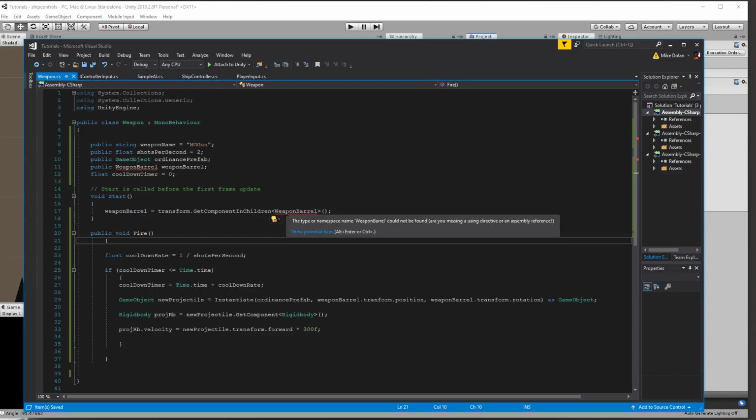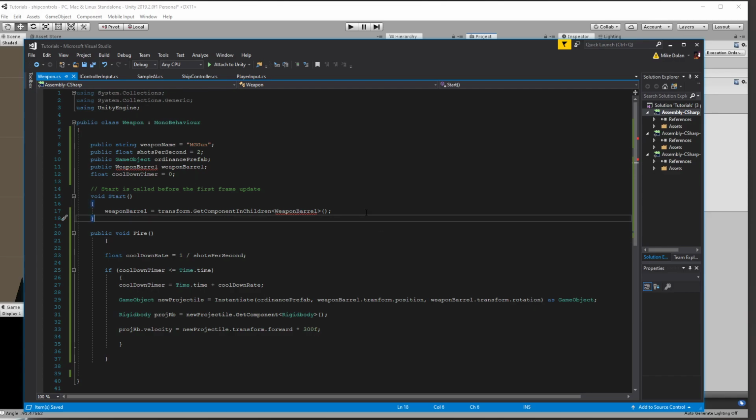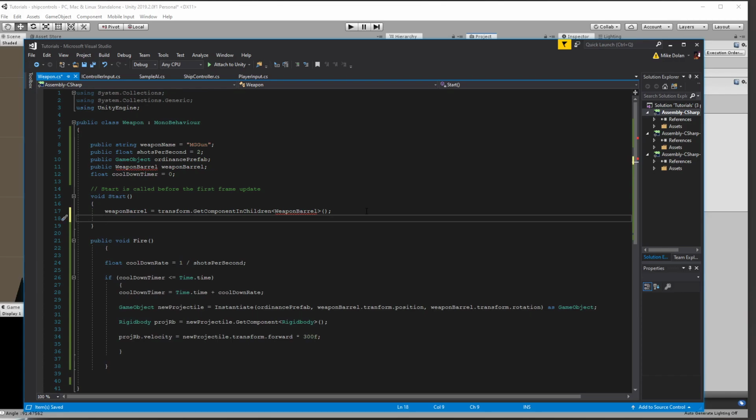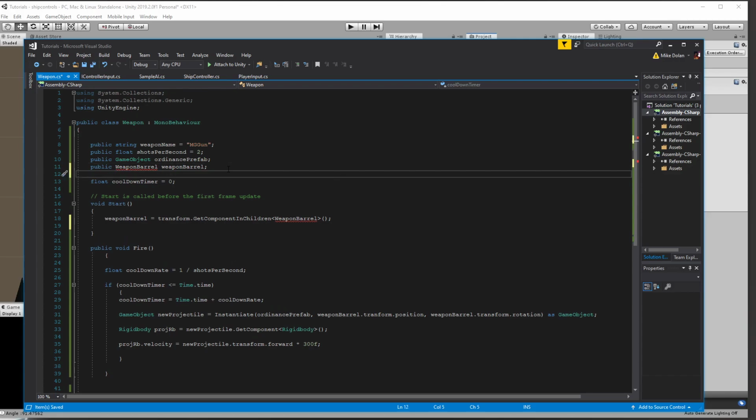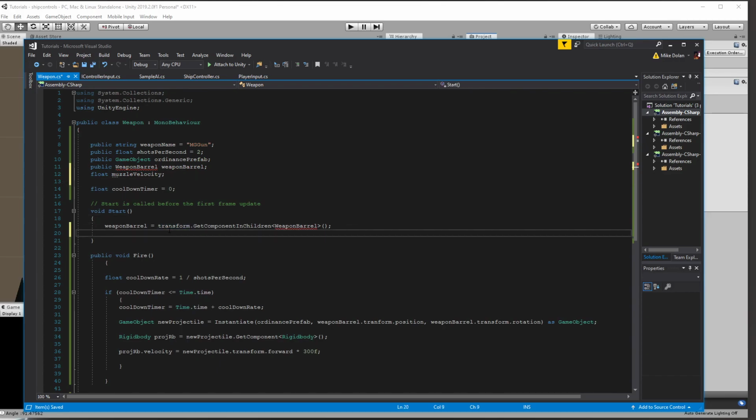So we need a few more classes. We need this weapon barrel class, and we need probably an ordnance class as well. This script is almost complete. In fact, just to save us some time, we will do this right now. We're going to get some errors, but we're going to create another variable here called float muzzleVelocity, and we don't have to set it equal to anything yet. Then in here we will do muzzleVelocity equals ordnancePrefab.GetComponent, and we're going to have an ordnance script here, and the ordnance is going to have a